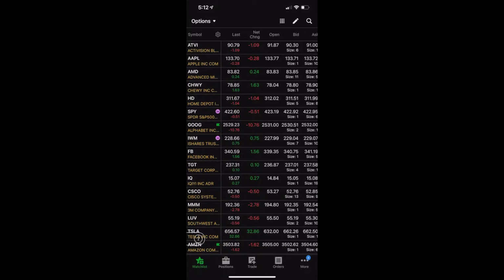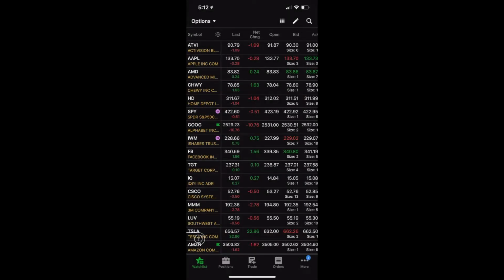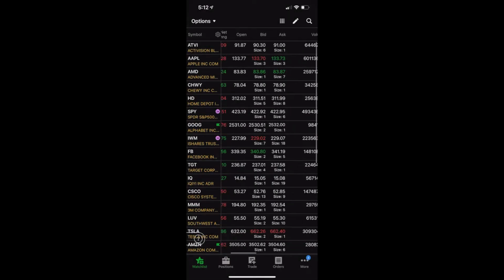Now, from this watch list, you can also customize the headers up here at the top. Right now, you're going to see things like symbol, telling you the actual stock you're looking at, the last traded price, net change, open, bid ask, and you can also scroll that over to the left and see some of the other columns up at the top. Now, right now, this might seem a bit busy. There's a lot of columns up there at the top, so what we're going to do is clean it up